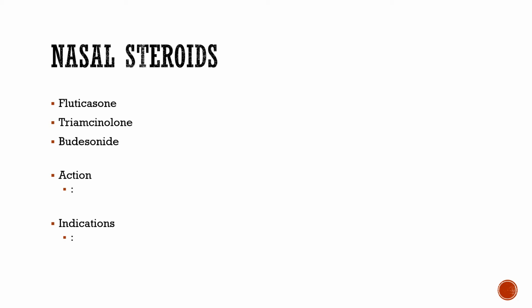The most common ones that you'll see are fluticasone and budesonide. You can get these over the counter now. Triamcinolone is common as well. Fluticasone is also known as Flonase. I'm sure you've heard of that. Budesonide is known as Rhinocort. And then triamcinolone you'll see as Nasacort. There's others as well, but